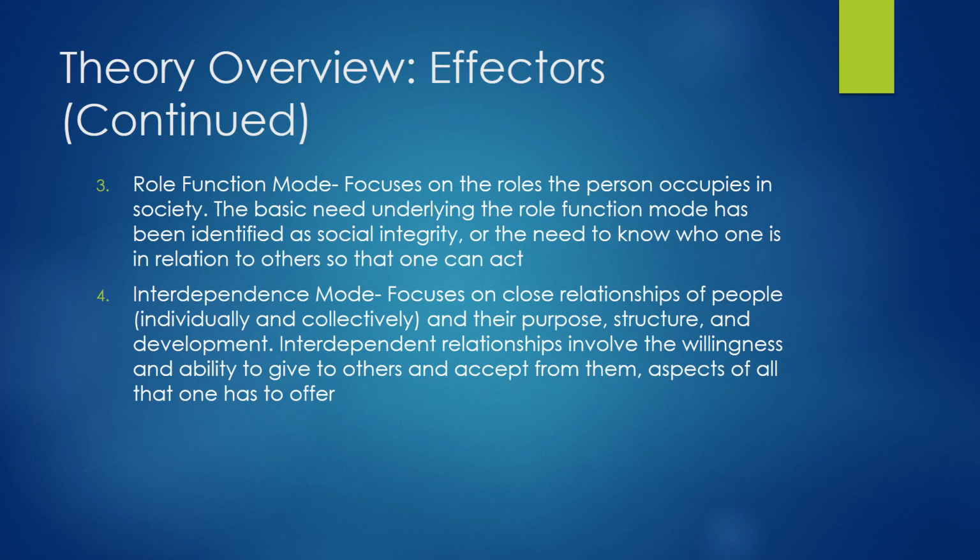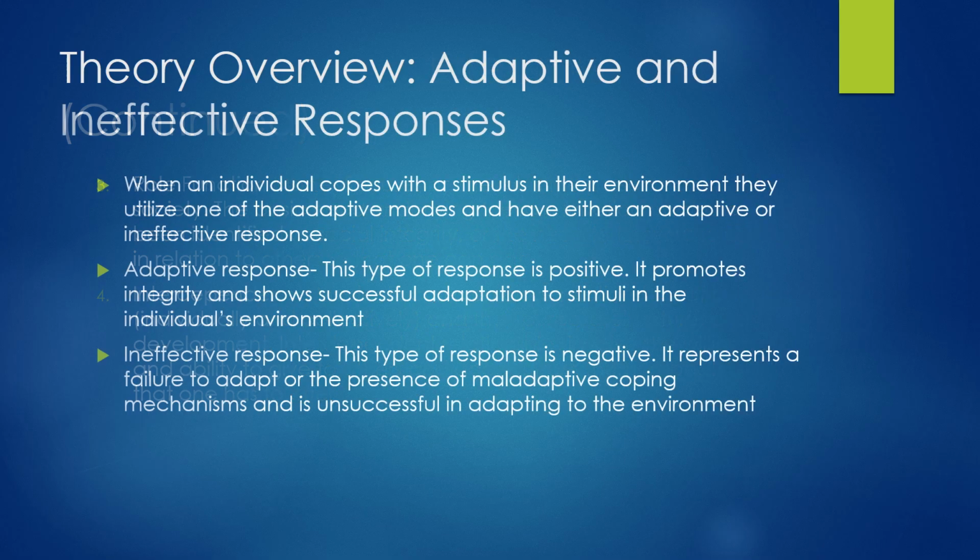Continuing with effectors, we'll move to the third mode, role function mode. This mode focuses on the roles that people occupy in society. The basic need underlying the role function mode has been identified as social integrity, or the need to know who one is in relation to others so that one can act. Where do you stand in society is essentially what it's going after here. And fourthly,